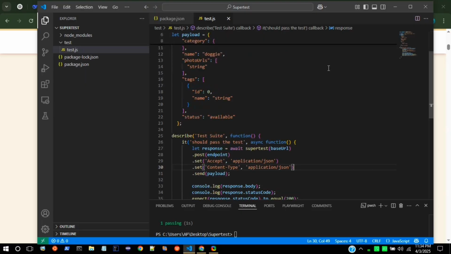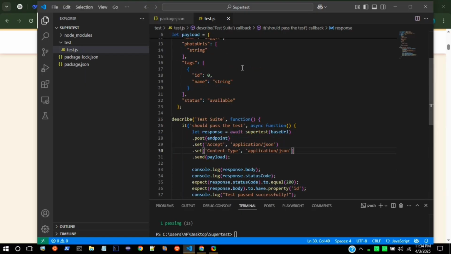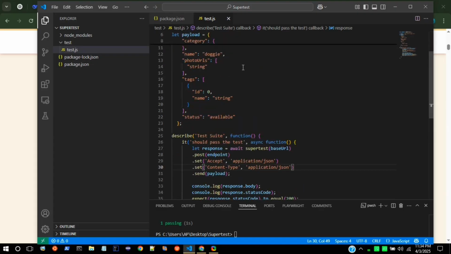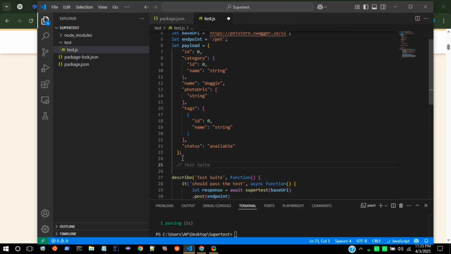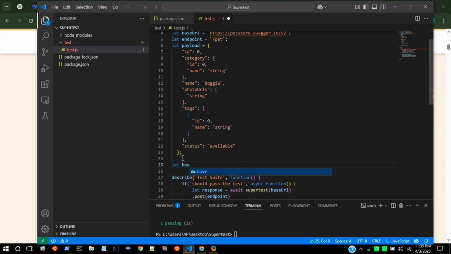We need to create a basic structure of our framework, so it will be good. What we can do is create one JSON file, and we can put all those parameters over there,